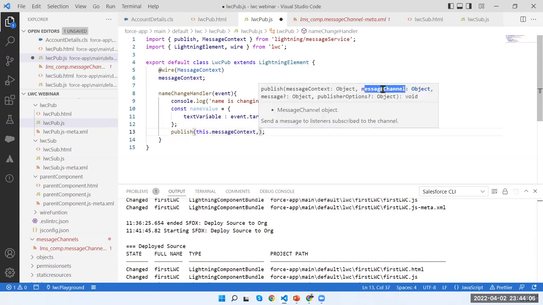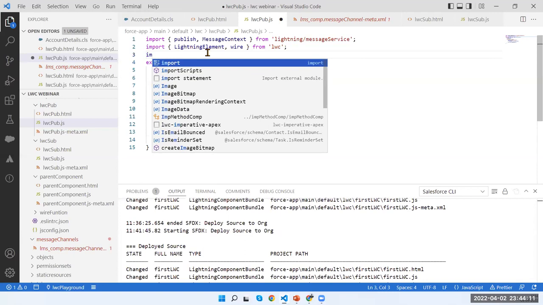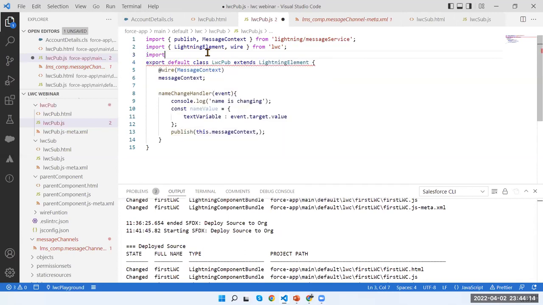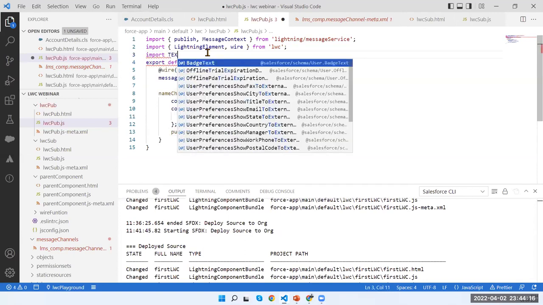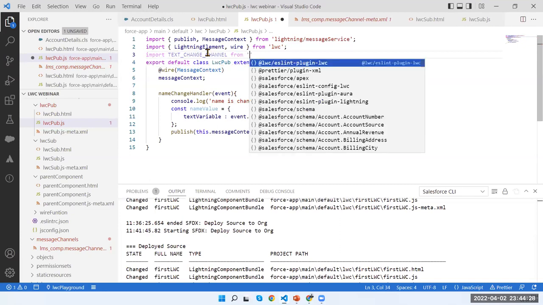So what is my message channel? I have to import the message channel. So how to import? Let's suppose I am using a variable here: import textChangeChannel, right? From which I want to import